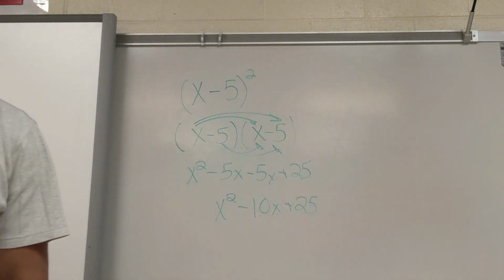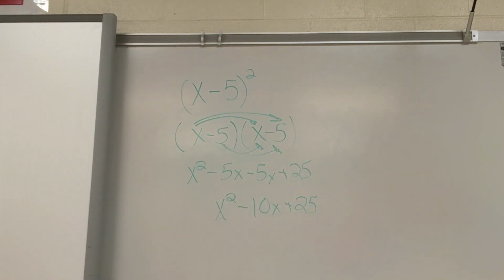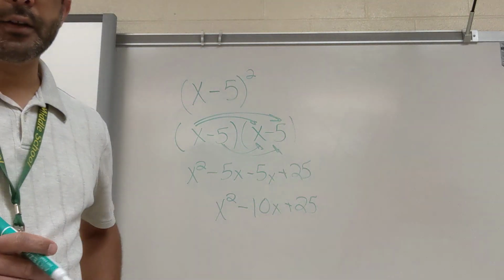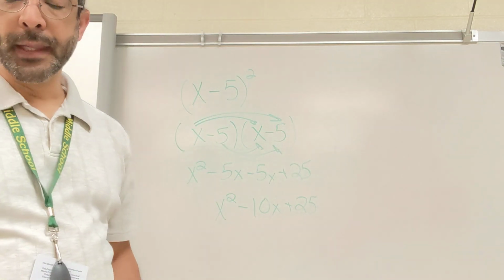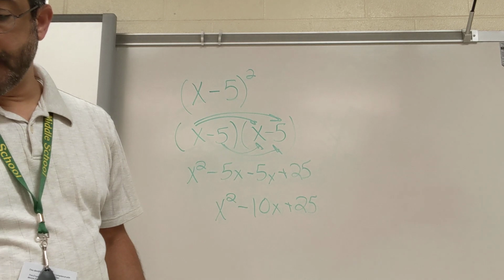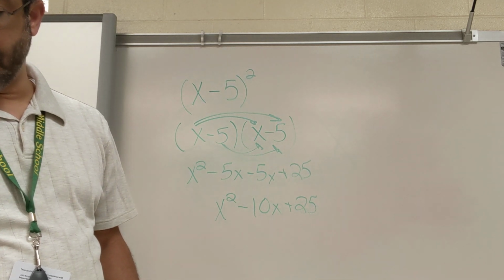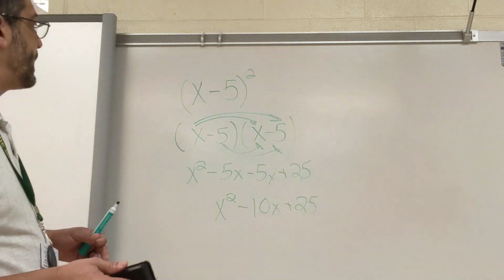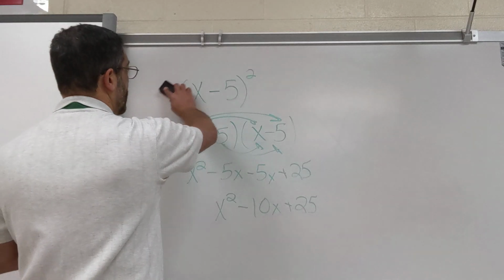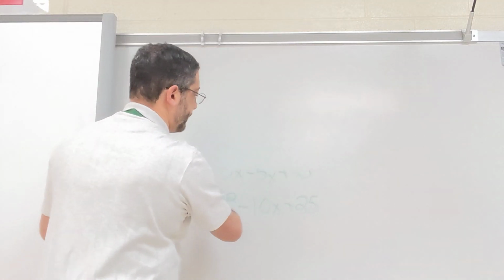Minus 10x plus 25. Okay? So this is what we call sum and difference of squares. All right? So it can work either way. Now, here's the thing that will tend to confuse people. All right? And this is what I want to focus on now, is let's suppose I start off with